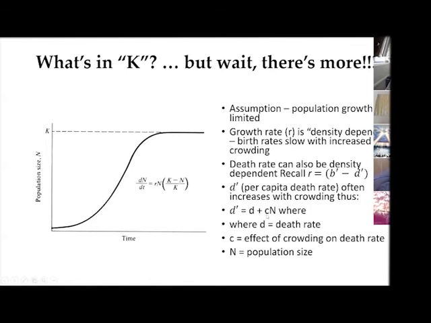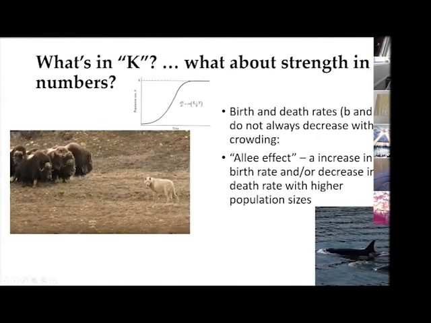So let's say C is crowding, N is the population size, and we can just add that to the death rate. This starts to add some realism here, and what you can do to make your models more realistic is add the effects, positive and negative